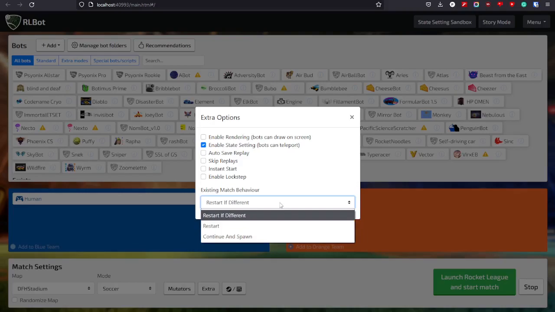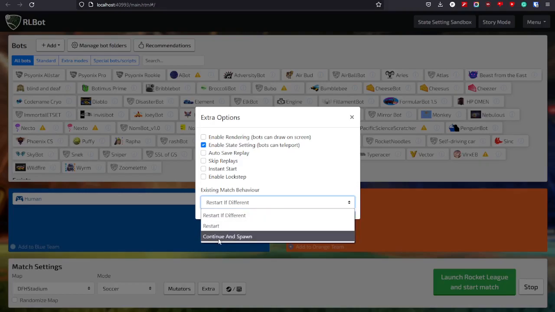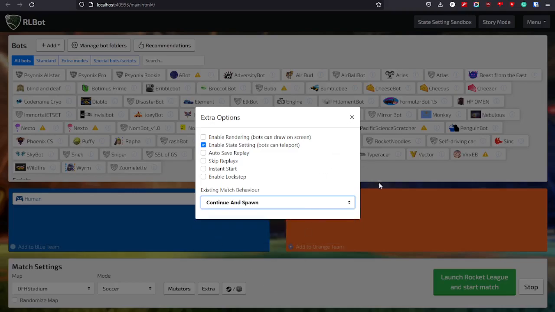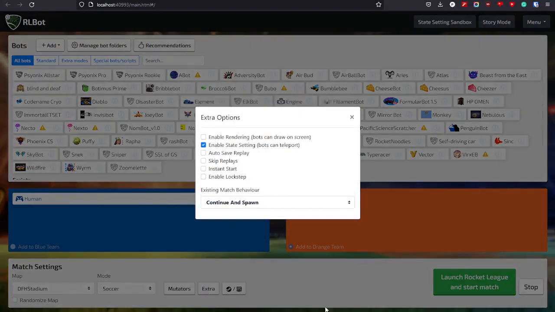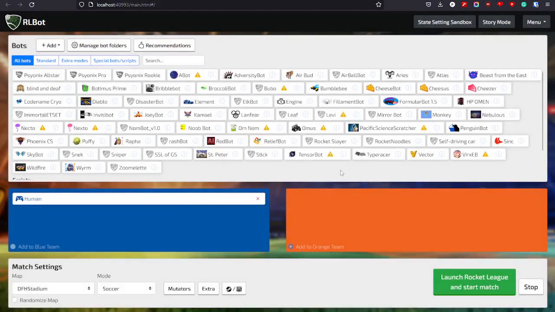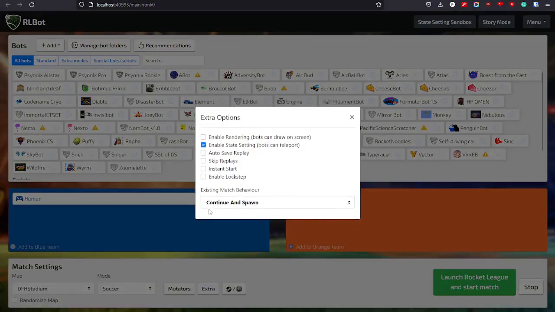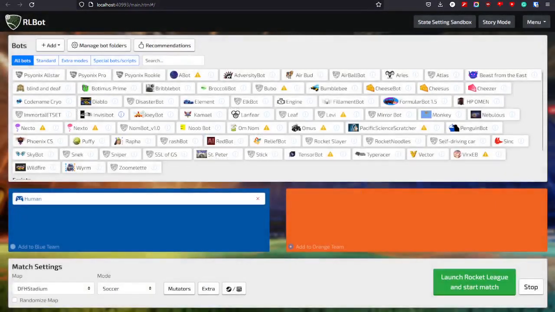Kind of irritating when you're playing with friends and they have to rejoin by joining a local game. So all you do is just continue and spawn. Actually, I think you have to do this for it to work now when I think about it.